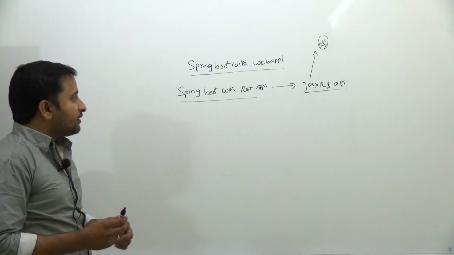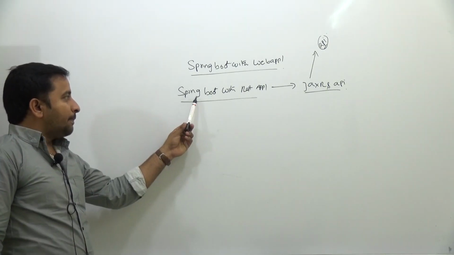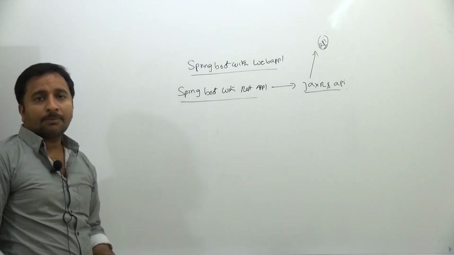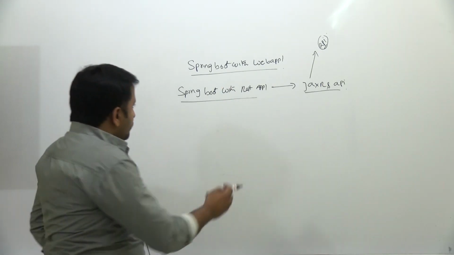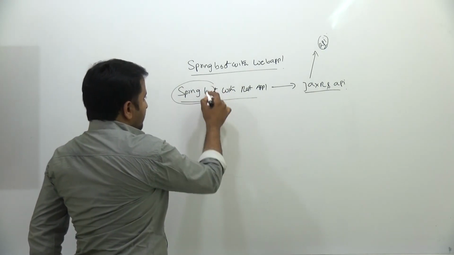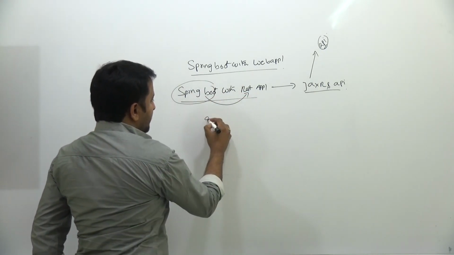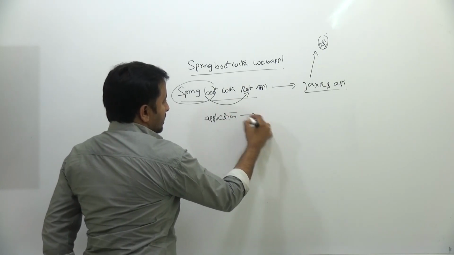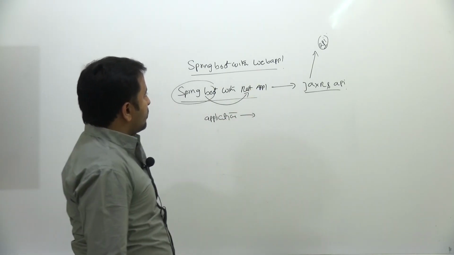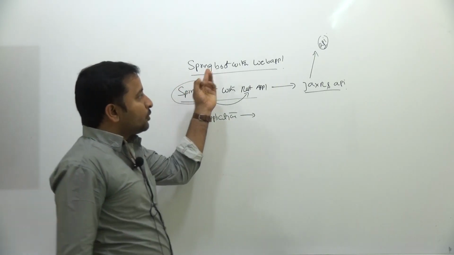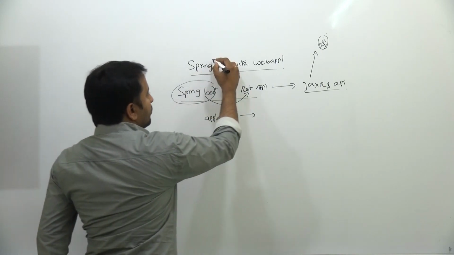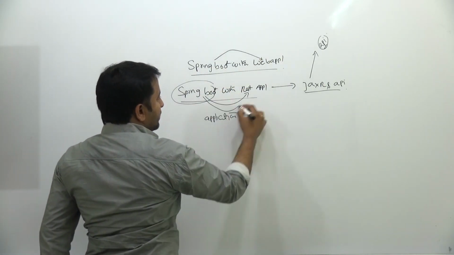But Spring provides Spring Boot, and using Spring we can also develop REST applications. If you use Spring Boot with REST, the application development is somewhat easier. So we already completed Spring Boot with a web application. But what is the difference between Spring Boot with a web application and Spring Boot with a REST application?